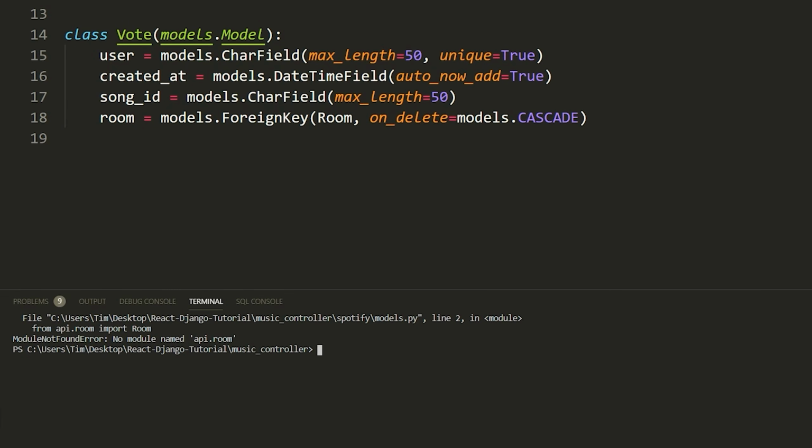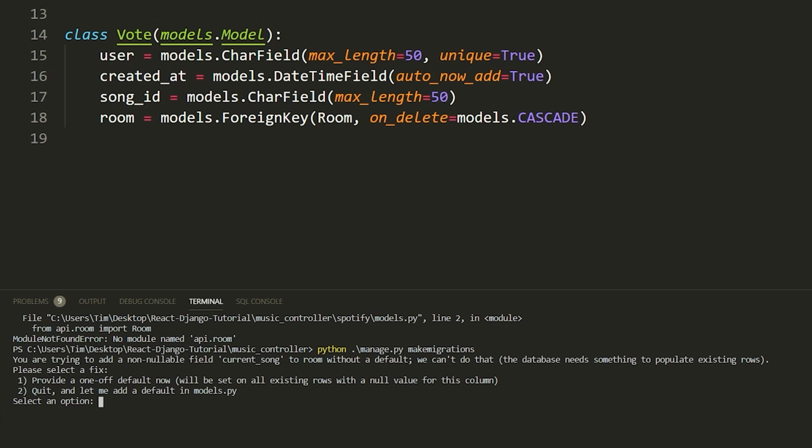Now, since we've made a change to our models, what we need to do is run a migration. So we're going to say python manage.py makemigrations like that. Django will just use its kind of fancy backend and database system to make these migrations properly. So let's go ahead and run that. And what does it say here? We're trying to add a non-nullable field current_song to a room without a default. We can't do that. Okay, so it's actually a good error to run into. Essentially it's saying, hey, you added a field that is not able to be null, so it has to have some value in it, but we already have instances of rooms in our database, so what should we do with those? Well, we don't know, so that's why we're getting this error.